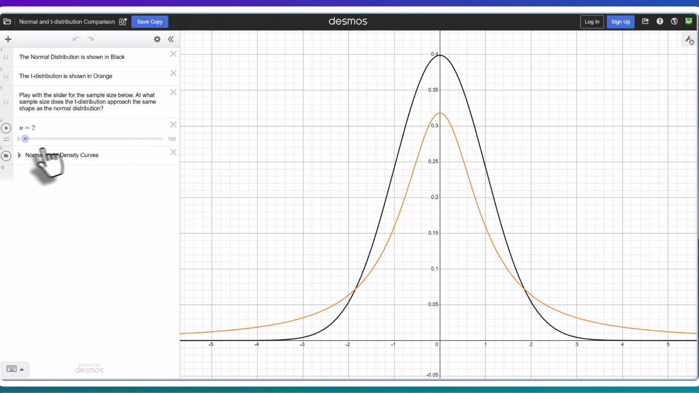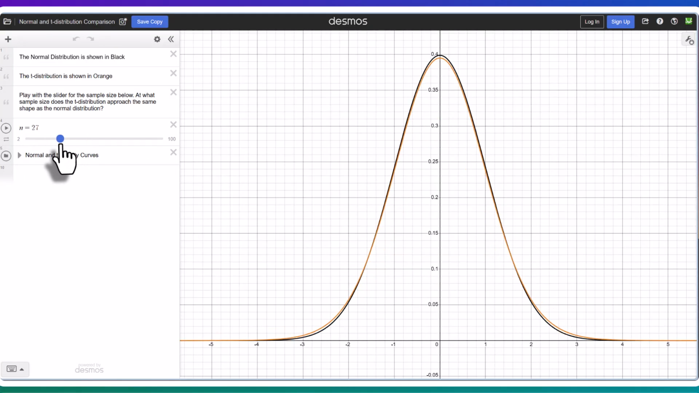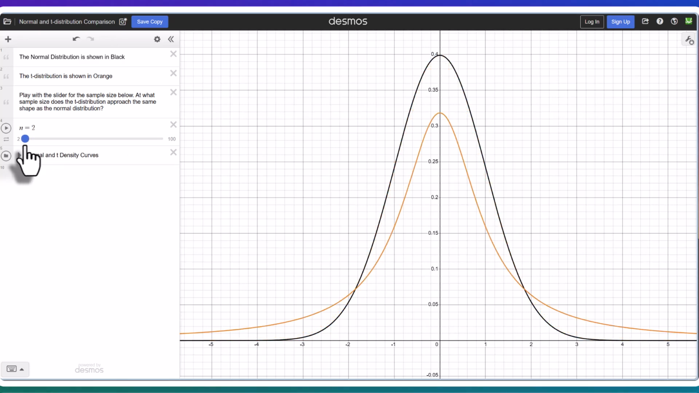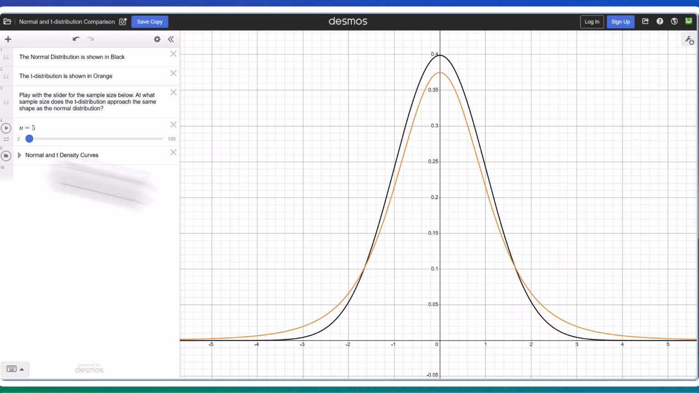So the t-distribution is in orange, right? What I'm doing here is pulling the slider, going from a really small study, like a sample size of 7, to a sample size of 16, to 27, to 48. You can see that as the sample size increases, it starts to mimic what's in black, which is the z distribution. If I go all the way down to a study of, let's say, 5,